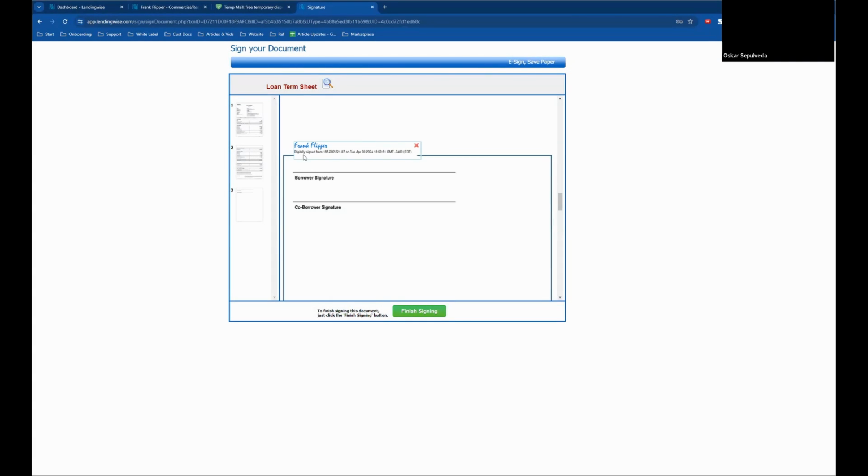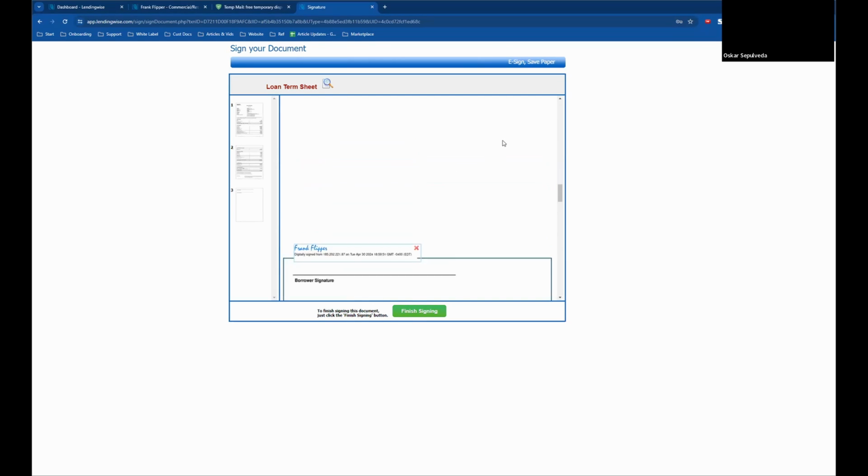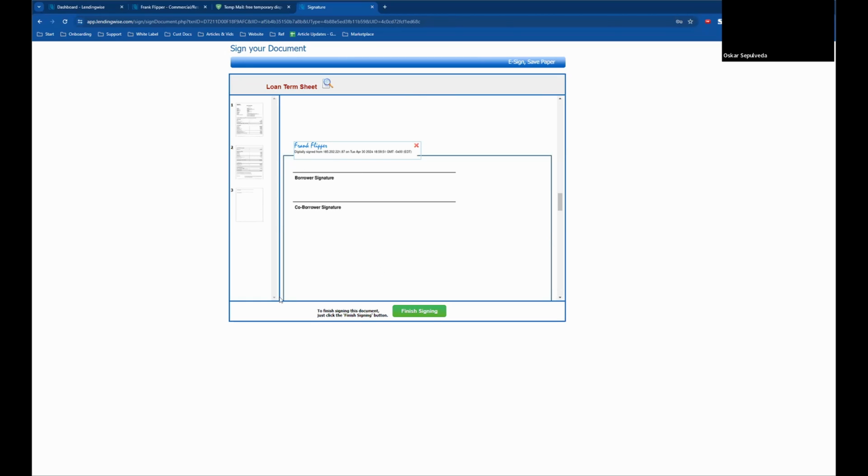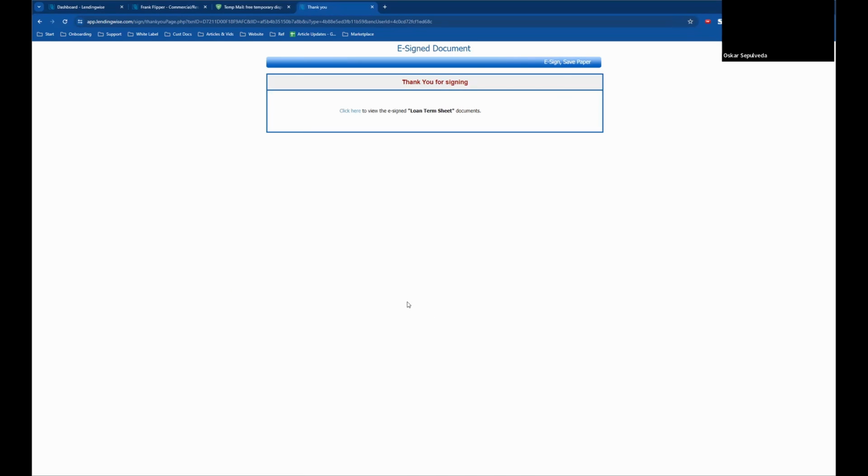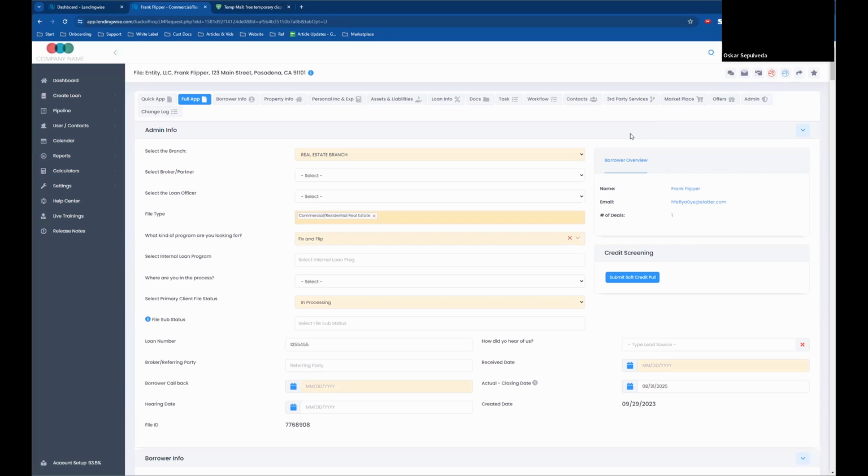And so there we see the e-signature, and it's got the IP address, it's got the timestamp, transaction codes on these as well. So you have everything you need for the audit trail there. All right, so now I'm going to click on Finish Signing. All right, and I can click here if I want to view the signed document, the e-signed document,